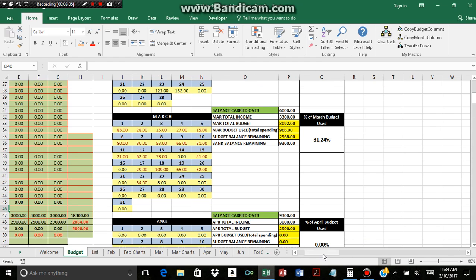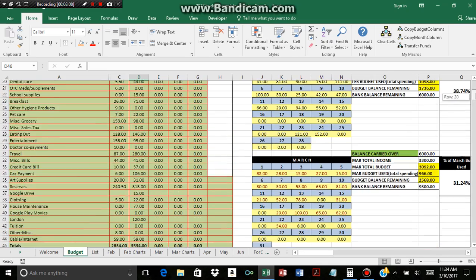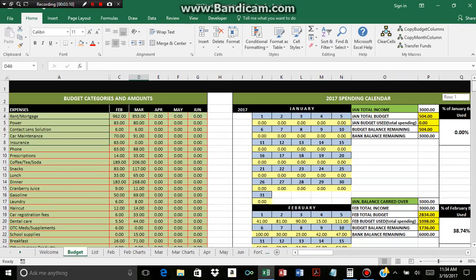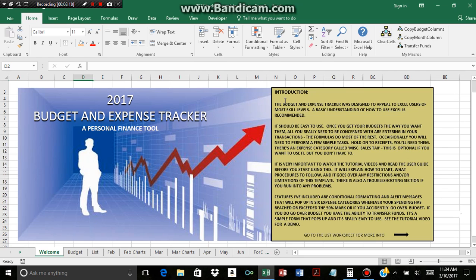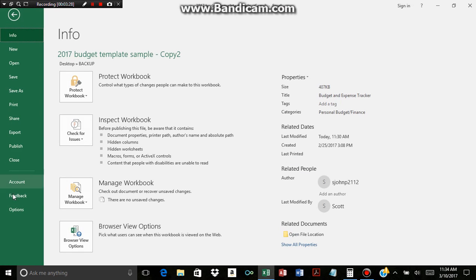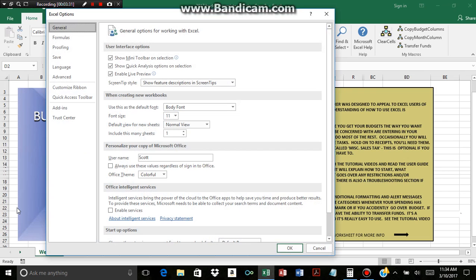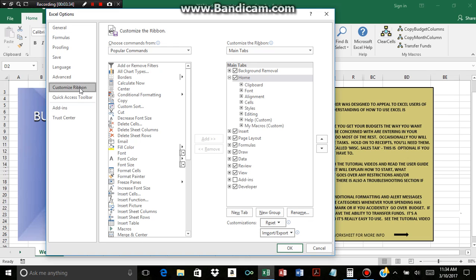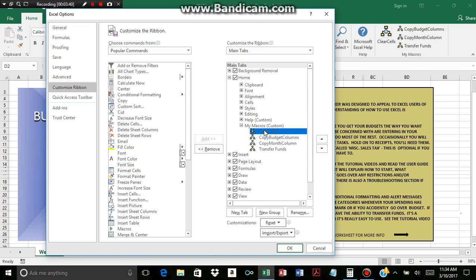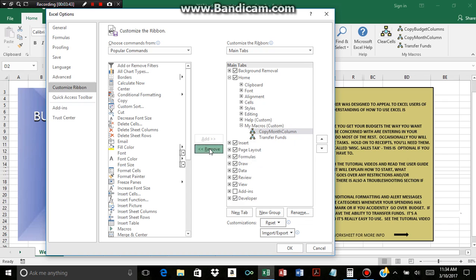Then there's a budget worksheet, and this is the worksheet you will be taken to every time that you open the project. If this is the very first time that you open this, the first thing you need to do is clear out these macros. You'll only have to do this one time, but it's just a step that we have to do. So I'm going to go to File, Options, Customize Ribbon. Under the main tabs, I'm going to expand the section My Macros, and then we need to remove these 4 macros. Then click OK,